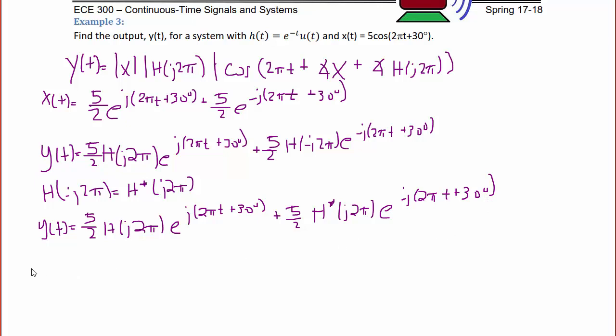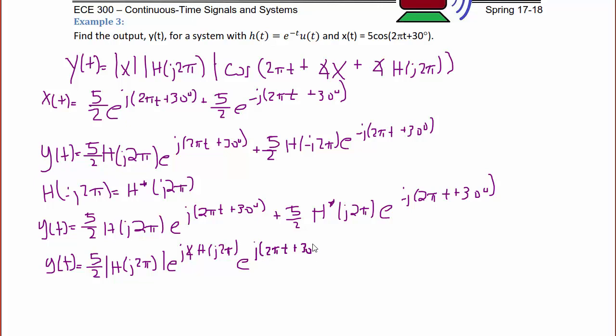So we can rewrite this as y of t equal to 5/2 times the magnitude of H(j2π) times e^(j·angle H(j2π)) times e^(j(2πt + 30°))